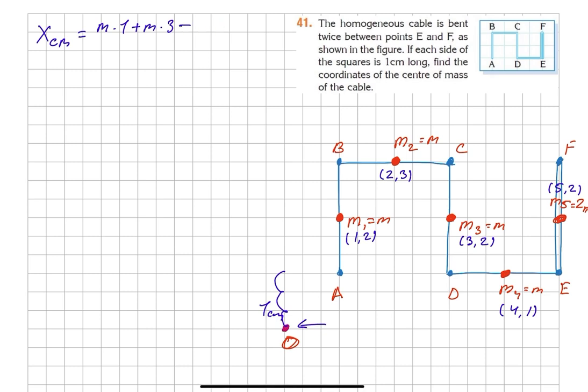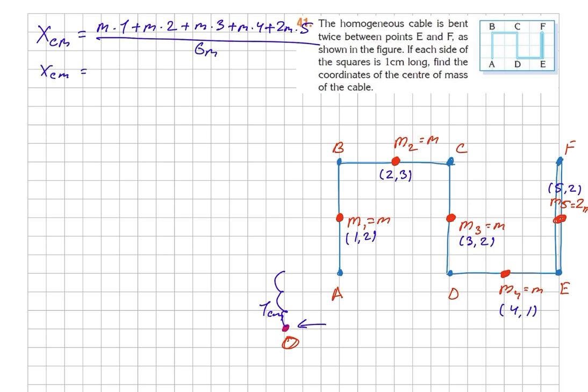Sorry, I'm solving by X, so it will be M times 2 plus M times 3 plus M times 4 plus 2M times 5, and over total mass it is 6M. So XCM will be equal to 1 plus 2 plus 3 plus 4 plus 10 over 6, which is equal to